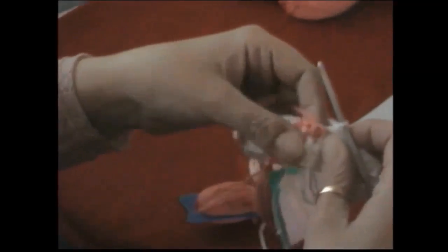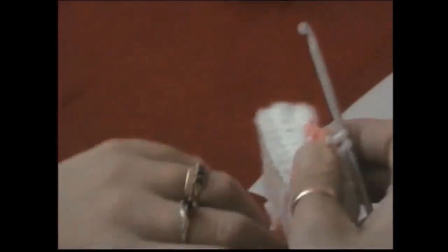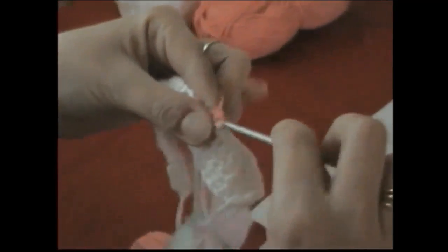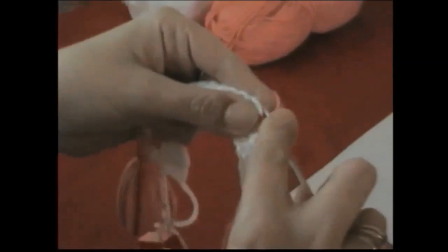So pick your pink yarn up, go through your stitch and under that pink yarn. So you crochet in the stitch and the pink yarn to do your 8th stitch. Nearly finished it. Bring your white forward and finish the stitch in the pink. And I need 4 pink. 1, 2,